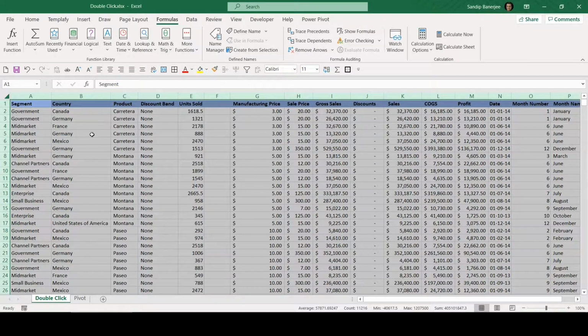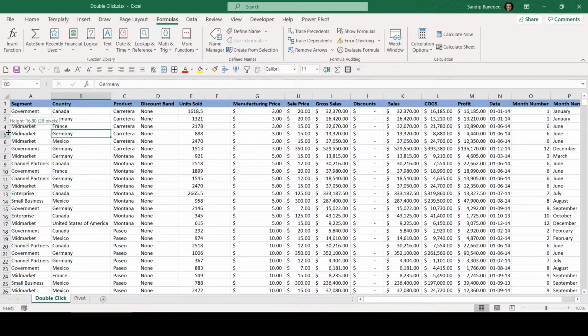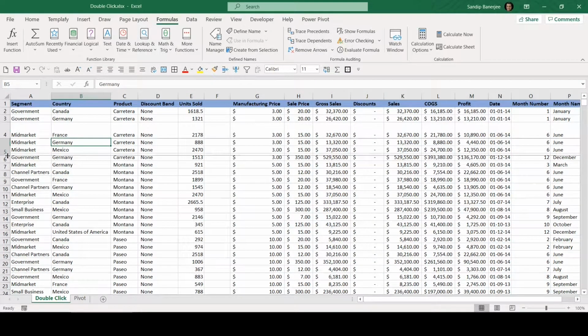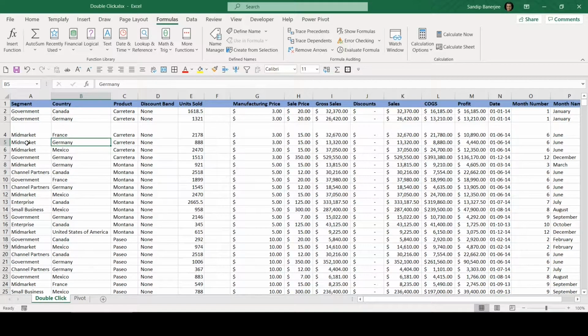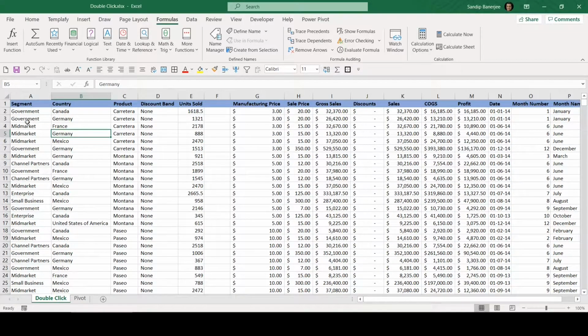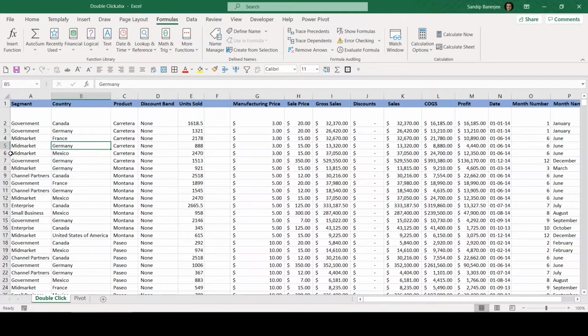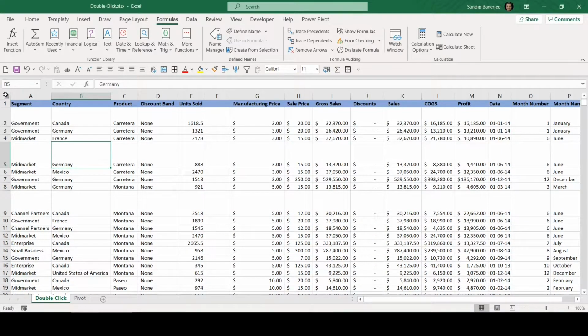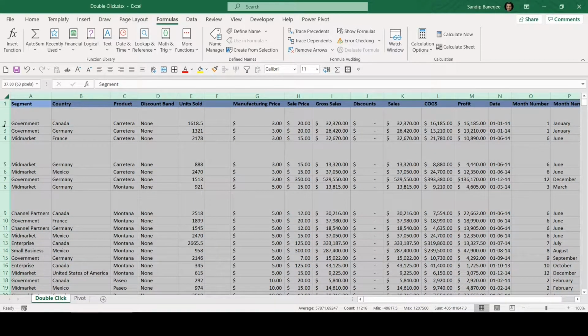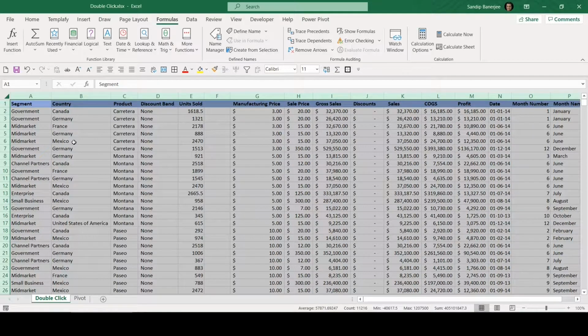In a similar way, you can do it for the rows also. If I have this particular row expanded, and if I just double click here, it will adjust again. And this particular row also. Similarly, you can do it for multiple rows in case you have such a problem. Again, you need to click here, and if you double click anywhere, it will adjust the row heights also.